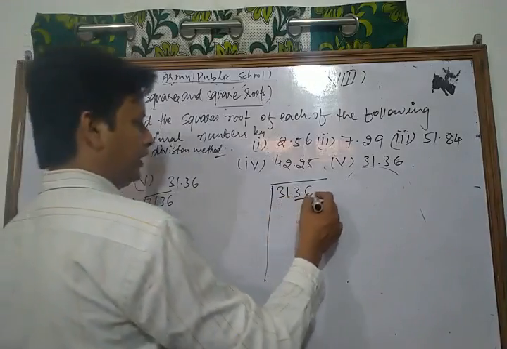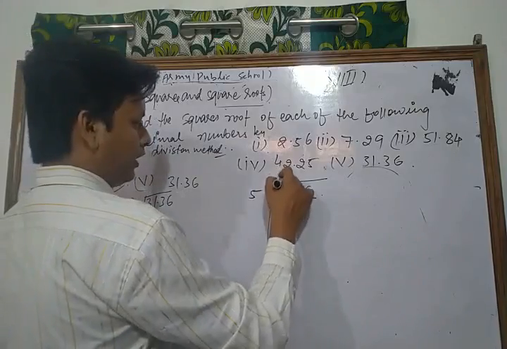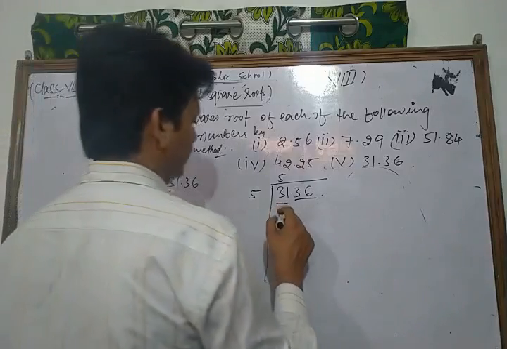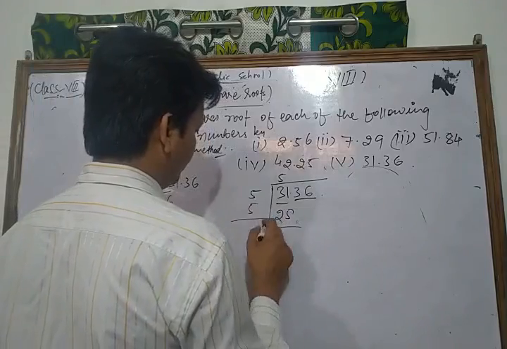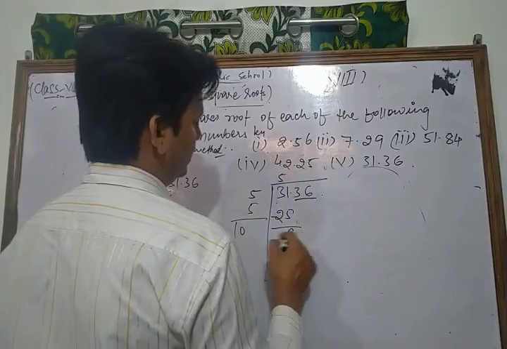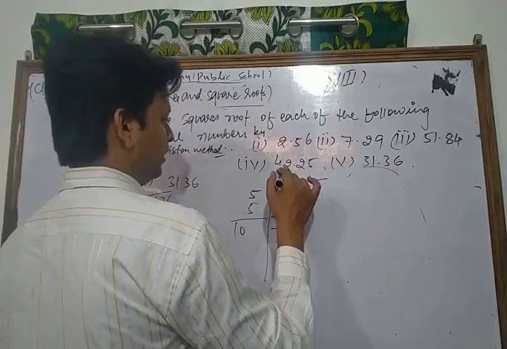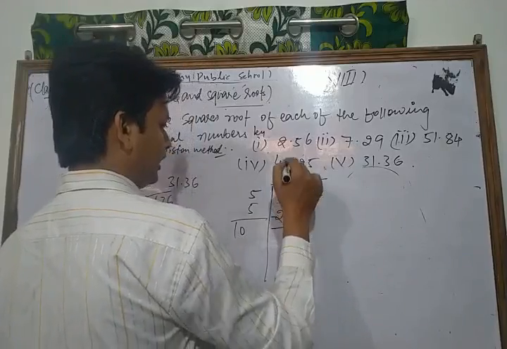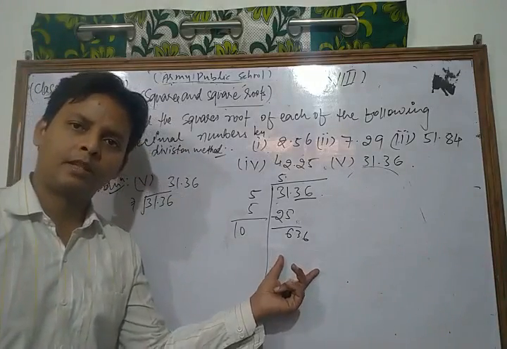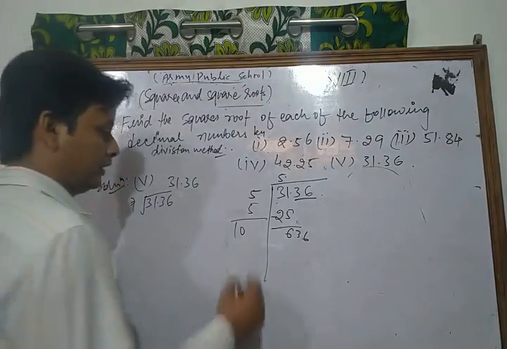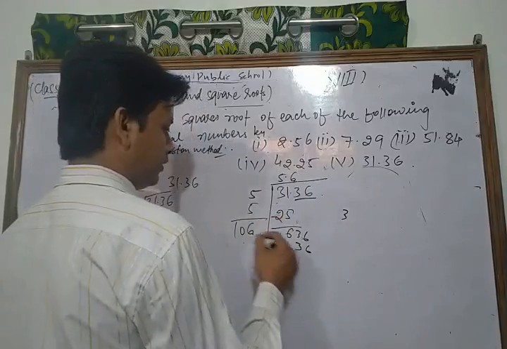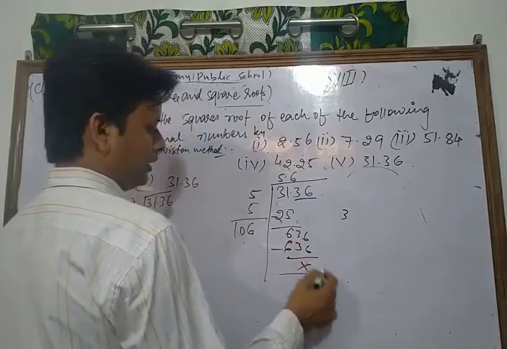We form the pairs. So here we take 5, because 6 6s are 36, which is greater compared to 31, so we take only 5 times. This is 25. So 5 5s are 25, subtracting them, so we get 6. Okay. Now we write the decimal. Before we write 36 here, we write the decimal. Okay. Now how many times do we take? This is 6 times, because 6 6s are 36, carry 3. 6 0s are 0 plus 3 is 3. 6 1s are 6. So the remainder becomes 0.